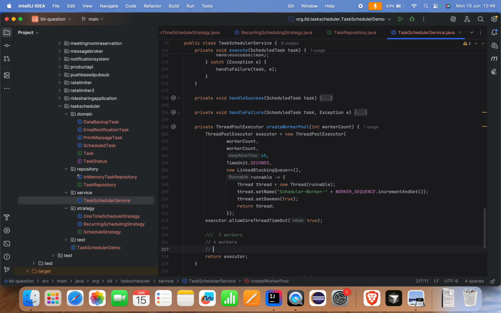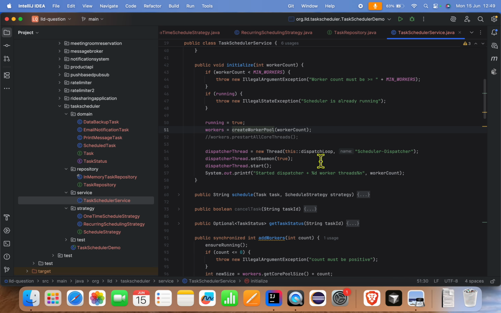But how this will work, if we require 5 workers, then the execute method for this thread executor will have that worker running. So it will help us manage the memory and space. Any idle threads, let's say if the number of threads is much more than that single number, if 100 threads, then we should be terminating the idle threads and only creating them when we need them. That is the main use of this allow core thread timeout. Okay,